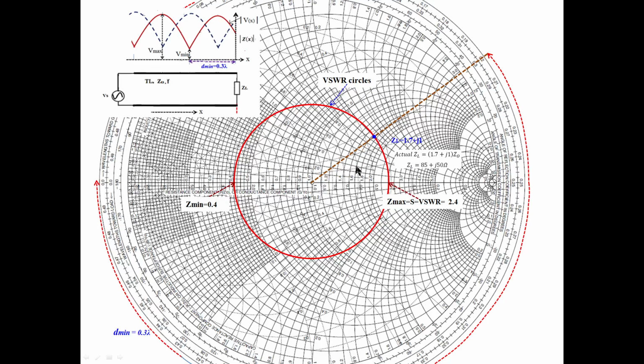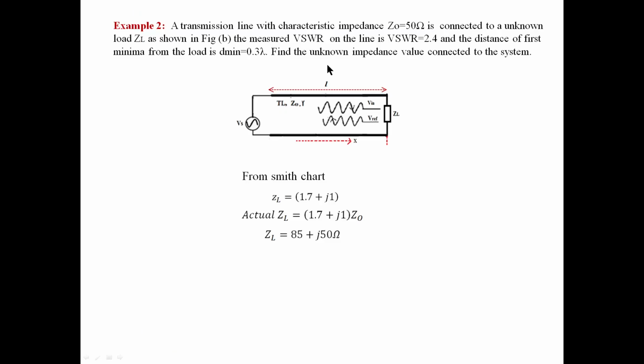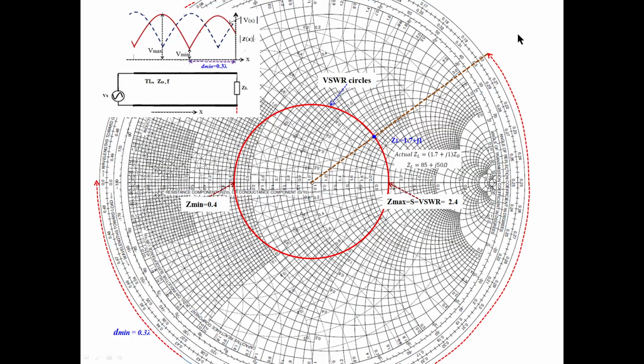This is a 1.6 circle, this is 1.6 and this is a 1.8, but it is in between those two. That means here it may be 1.7, 1.7 plus a reactance value. You see which reactance circle is passing through this point. This is a reactance circle, and the reactance circle value here is 1.